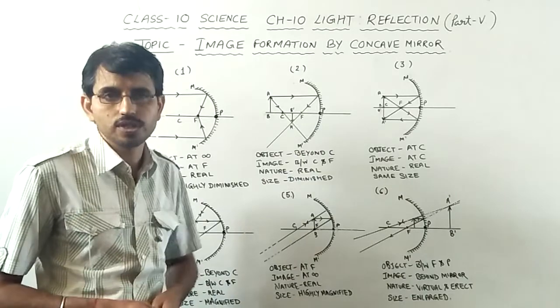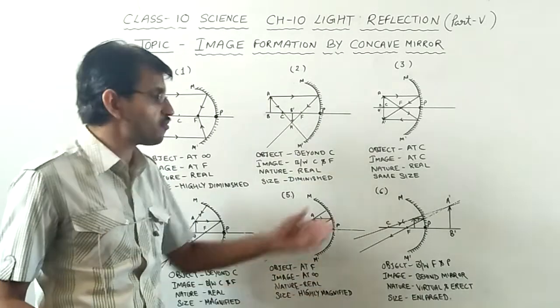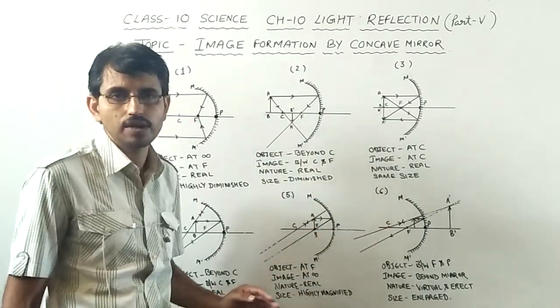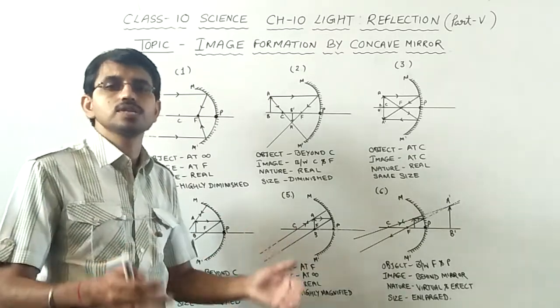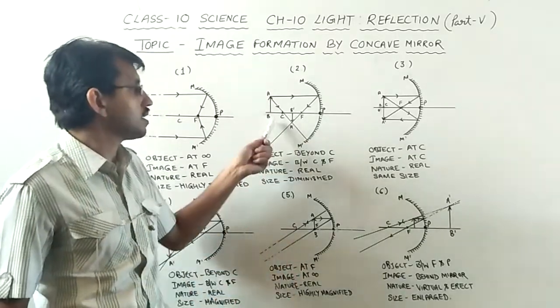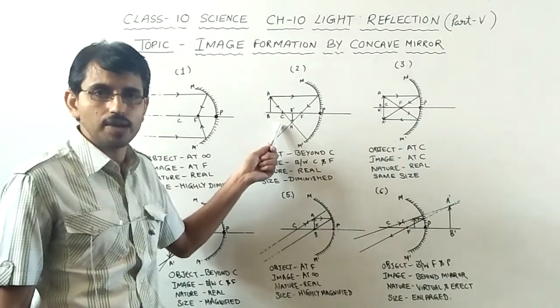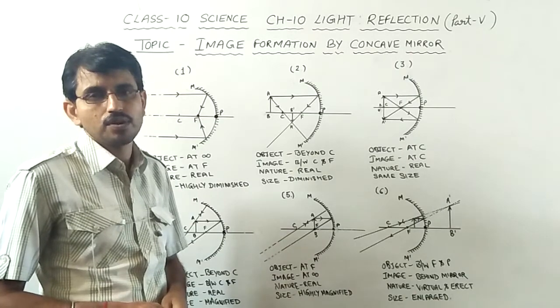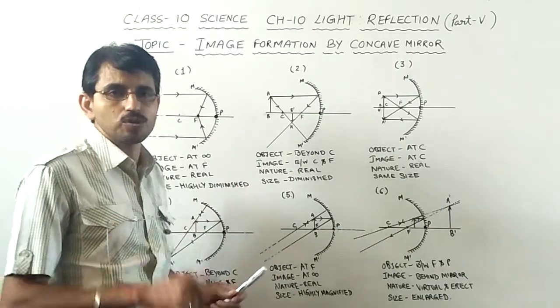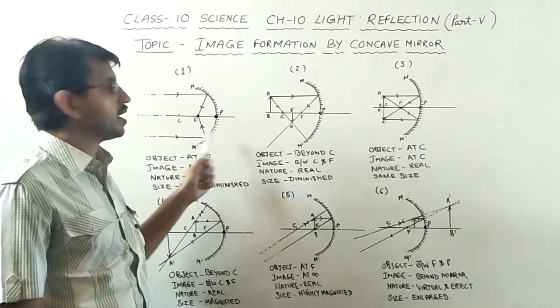So these are 6 positions, because the object is to be kept in front of the reflecting surface of the mirror. These 6 positions are there because the focus and the center of curvature of a concave mirror are located in front of its reflecting surface. So once again recall these 6 positions: